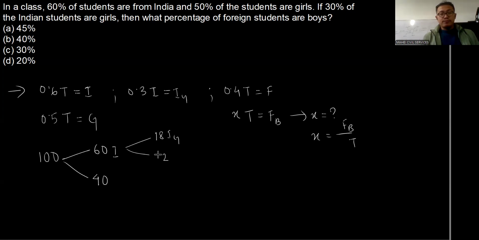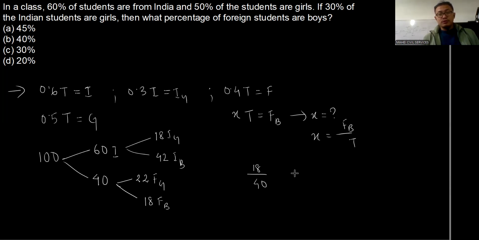Are Indian boys, and if then, what percentage of foreign students are boys? Out of 50% girls, 18 are from India, so 50 minus 18 gives 32... the remaining 40 minus 22 gives 18 foreign boys. So, what percentage of foreign students are boys? The foreign students boys will be 18 by